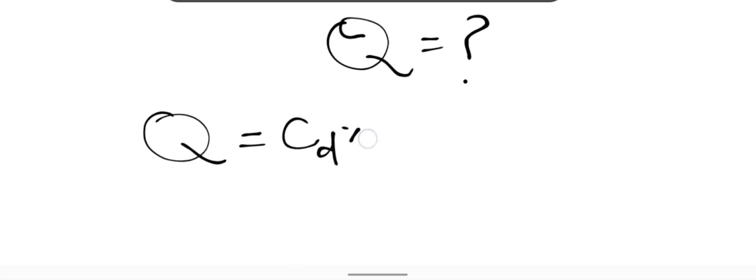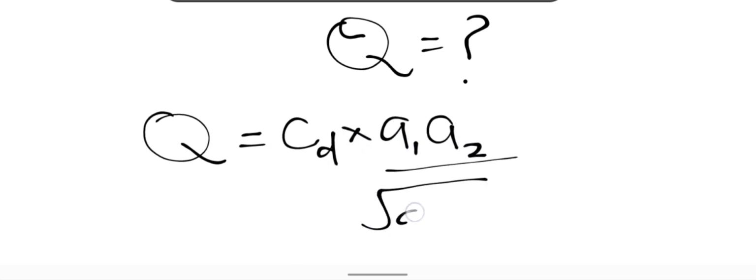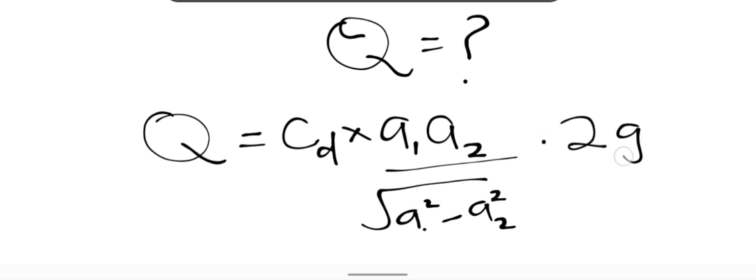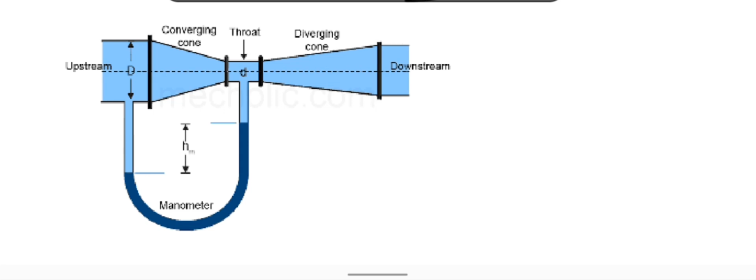So for flow in a Venturimeter, the flow rate is given by this formula. Q is equal to CD multiplied by A1 A2 over the square root of A1 squared minus A2 squared, times the square root of 2GH. Now what are these parameters? Take a look at this diagram, which is the Venturimeter. We can see that from here,